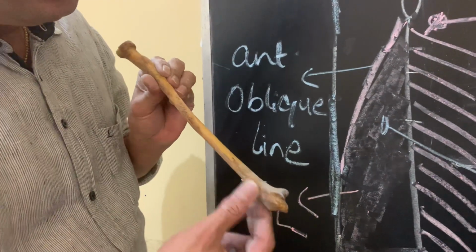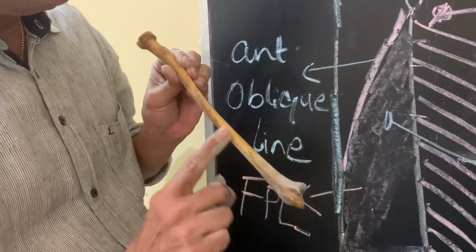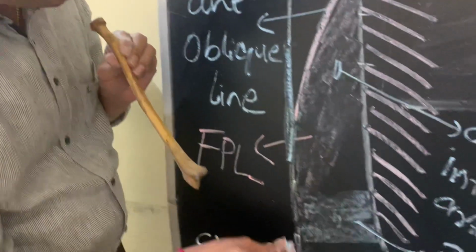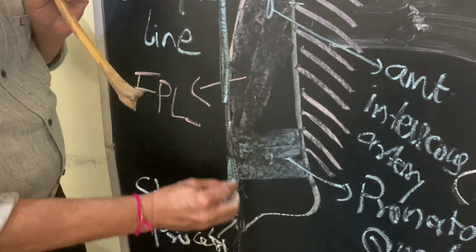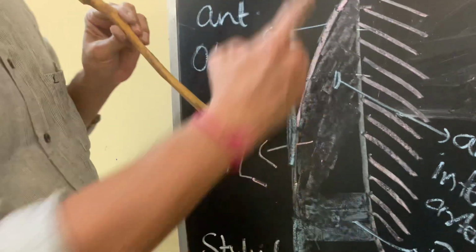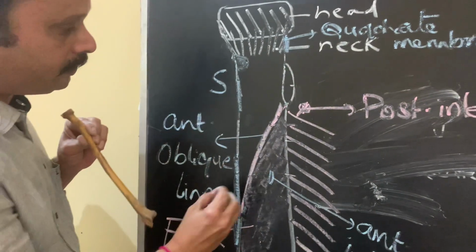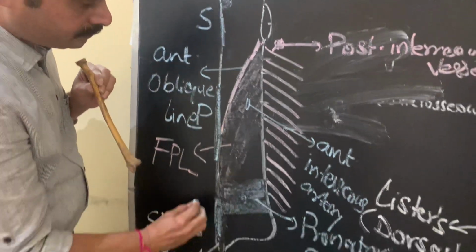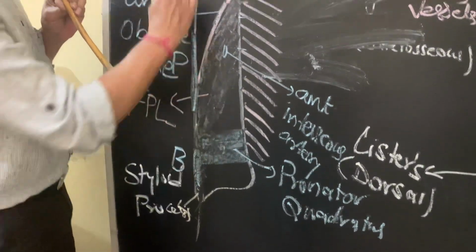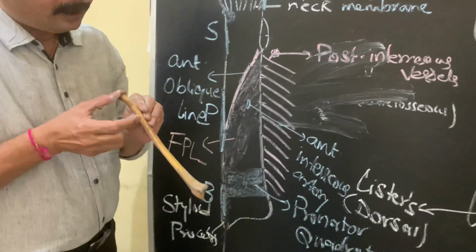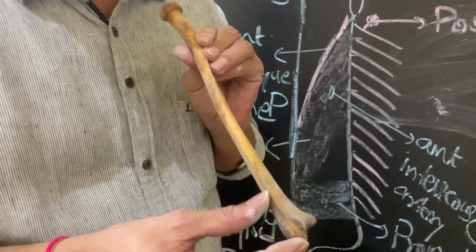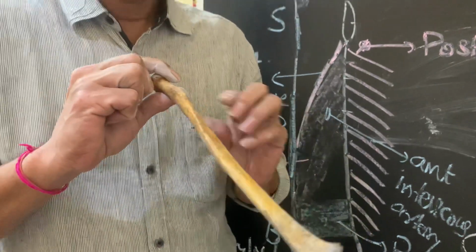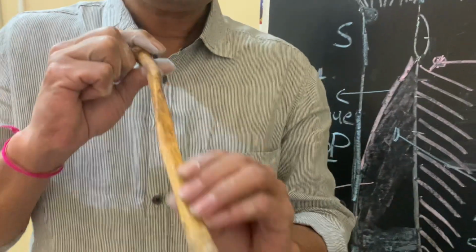And in the lower part, which is continuous with the styloid process, it receives the insertion of brachioradialis. So to remember the lateral surface from above downwards: supinator, pronator teres and brachioradialis, SPB. In the upper part supinator, in the middle part pronator teres, and in the lower part brachioradialis muscle. So this is all about the shaft of the radius.